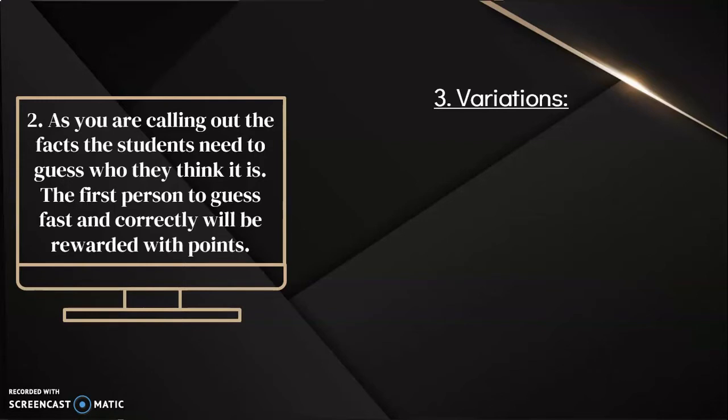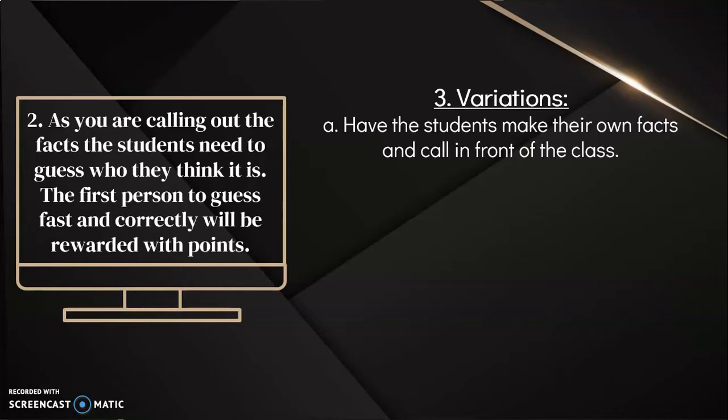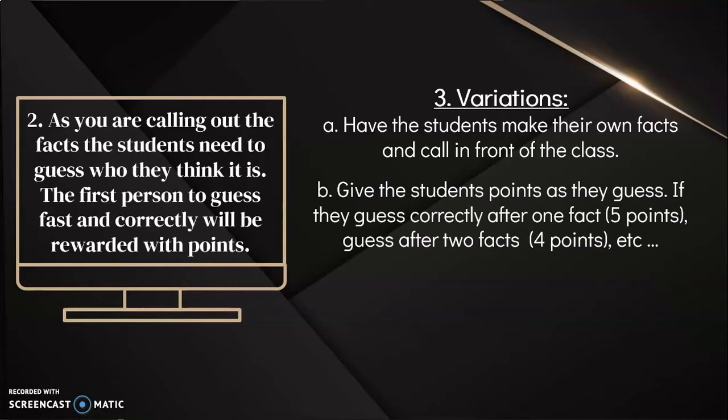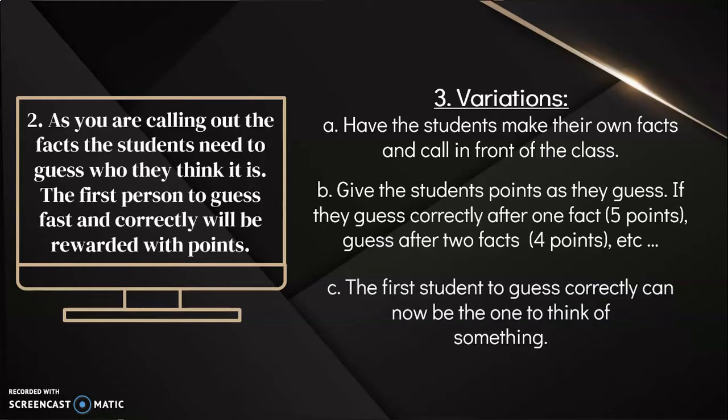You can do variations. For instance, have the students make their own facts and call them out in front of the class. And then give students points: if they guess correctly after one fact, 5 points; guess after 2 facts, 4 points, and so on until the winner is determined. The first student to